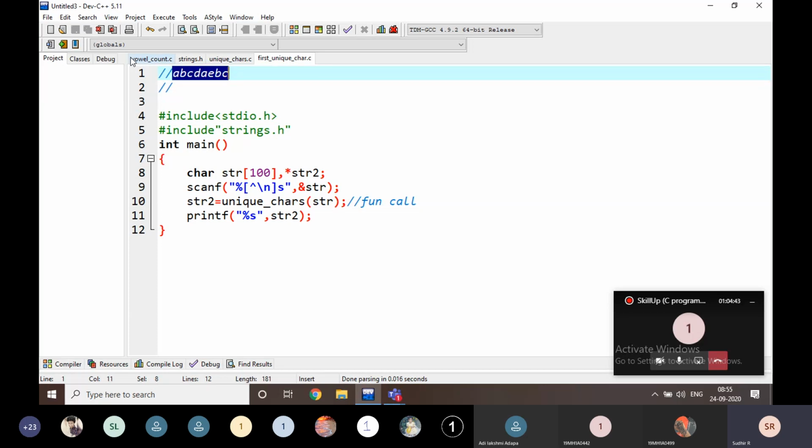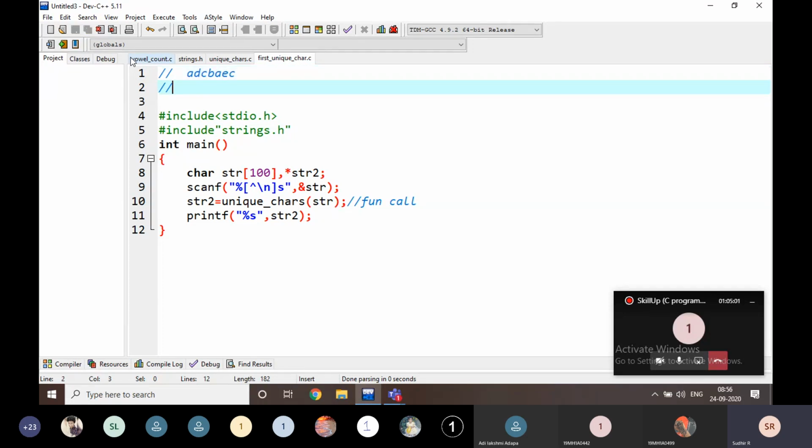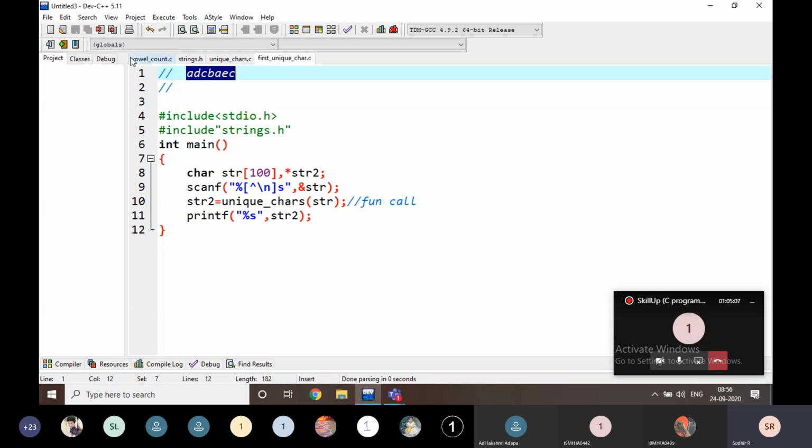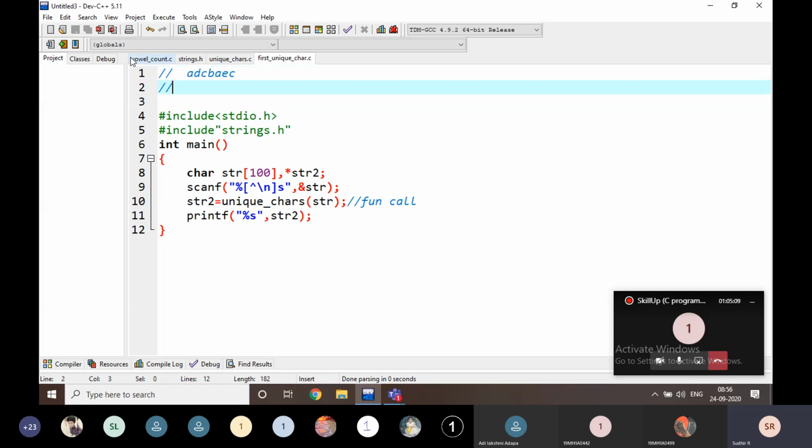For example, this is the input here. This is D and this is B. A, D, C, B, A, E, E. For example, this is the string. Then, what are the unique characters?